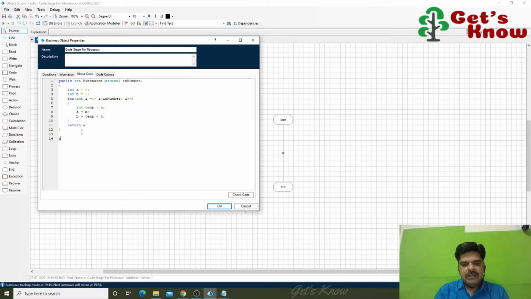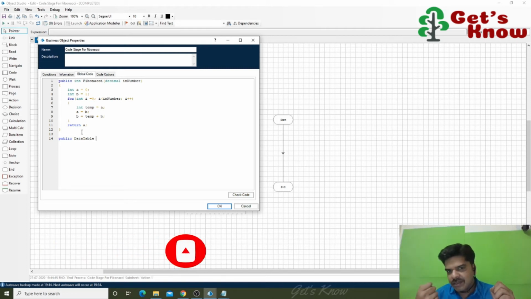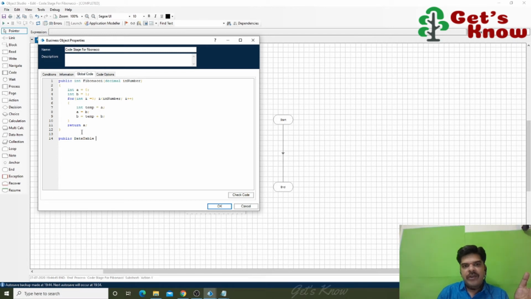See, first I am going to use a function which is going to return the type of data table. Why do we have to return the data table? Actually, only data table values can be stored into the collection in Blue Prism, right? So programmatically we are going to get the collection of values, using the data table. The data table is what we are going to transfer into the collection. Here you can give any name.